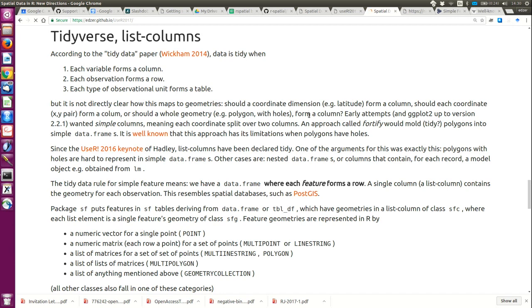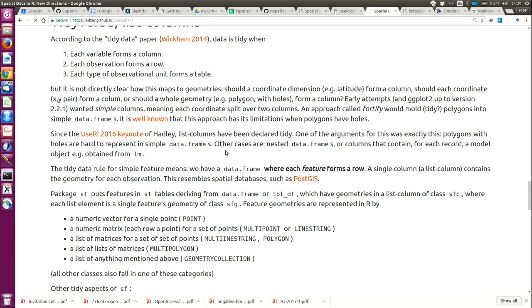Doing things with spatial data and tidyverse, in particular with ggplot, required you to use this fortify idea, which basically creates long, denormalized tables from polygon data, and does that in a way that is well known to fail on a large number of cases where you have holes in your polygons. Because this is way too much administration, you can't put polygons reasonably in a column. Nobody does that. Yes? So the fortify approach, I think polygons was one of the motivations actually for Hadley Wickham